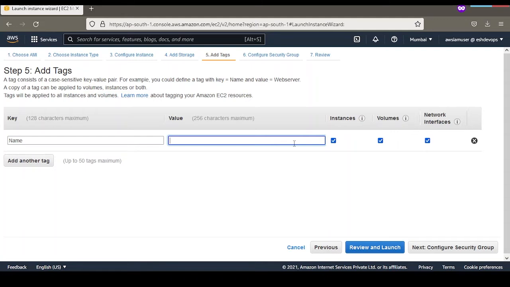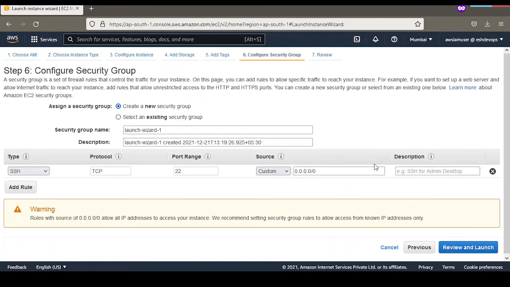For now I just give the name demo EC2 and select configure security group. Basically, security groups will allow and deny requests for your EC2 instance. For any Linux server, to connect from PuTTY or any other software tool, we have to provide the SSH port 22.